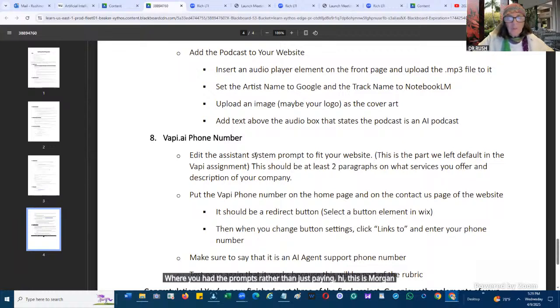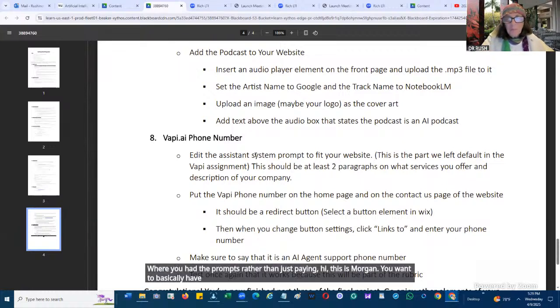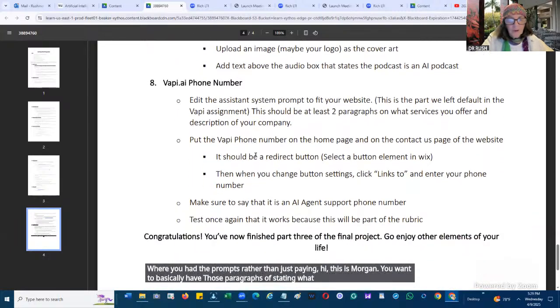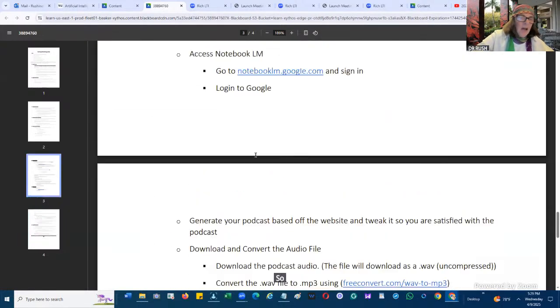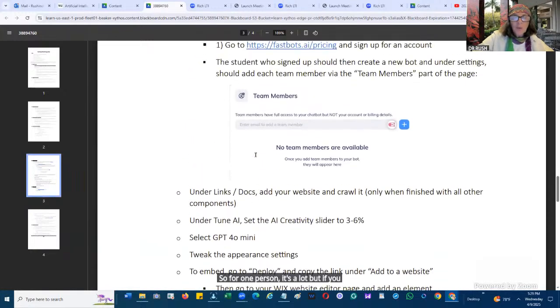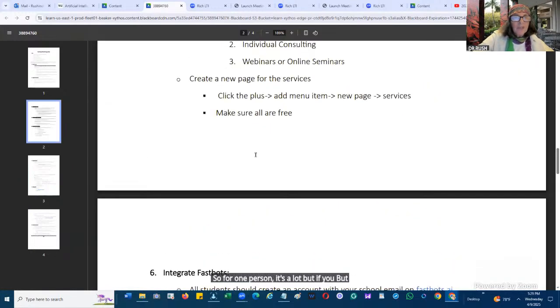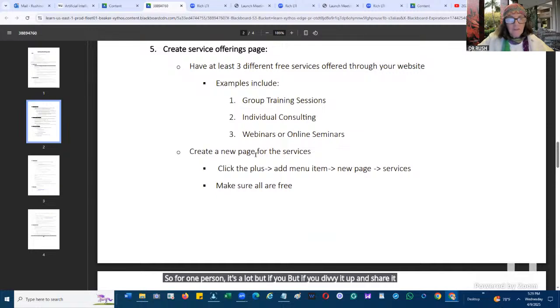You want to have those paragraphs stating what you guys do for your company. And that's it. For one person, it's a lot, but if you divvy it up and share it, then it should be fine.